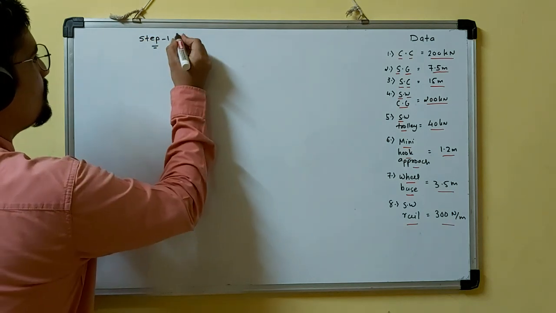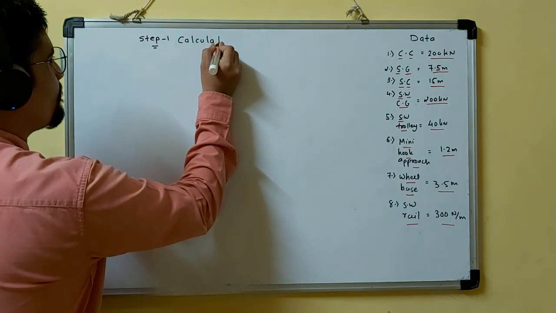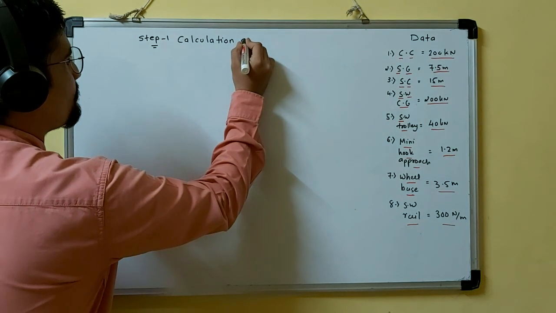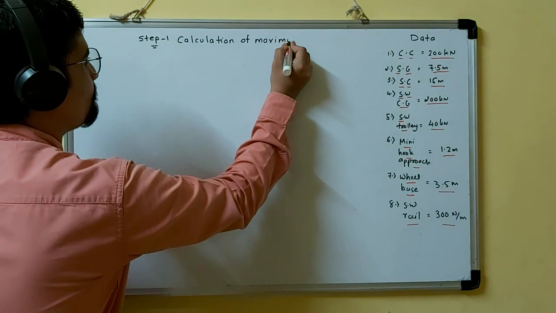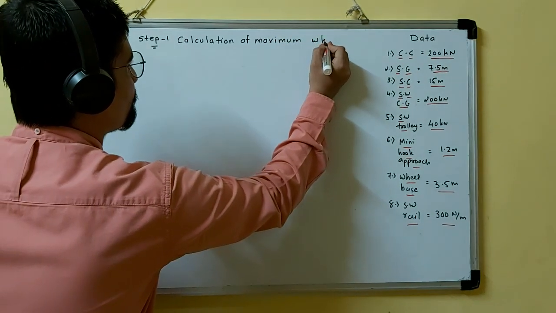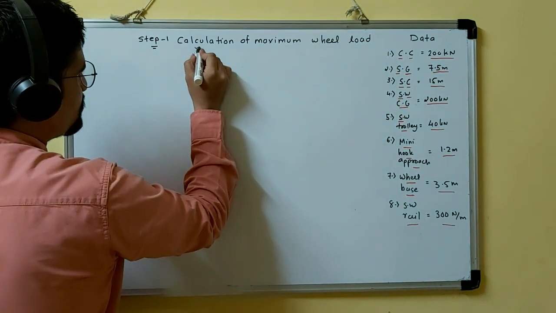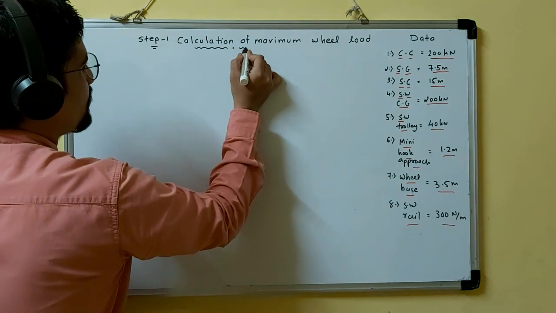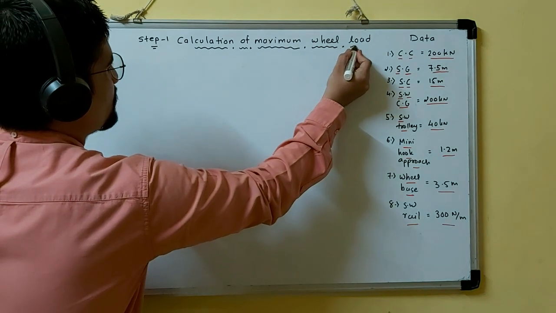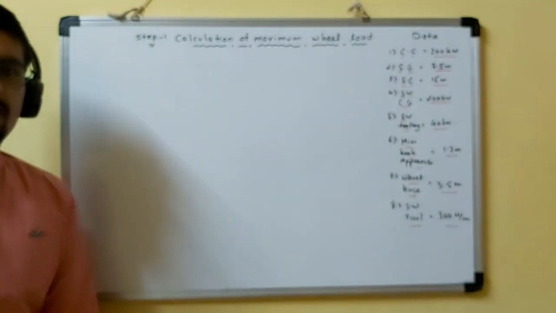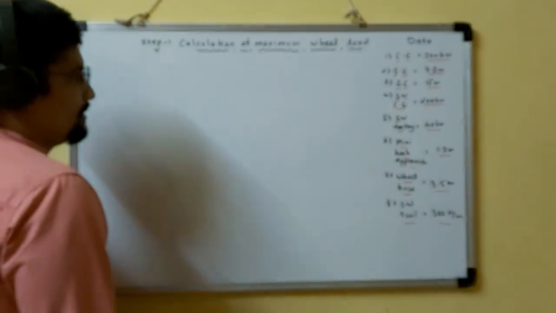Step 1 is calculation of maximum wheel load. This is our first step. Maximum wheel load means, because the wheels are at both ends of the crane girder, at whichever side the maximum wheel load is transferred, that is our maximum wheel load. Now I have explained to you earlier that